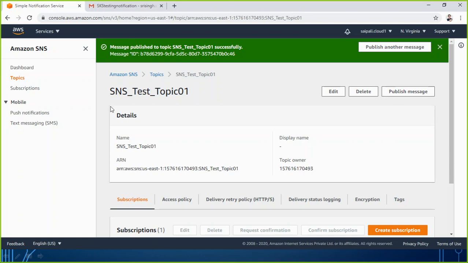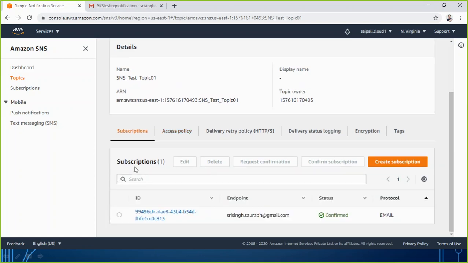The best part of SNS here is, in the subscription you can continue adding multiple people. Like maybe this is very crucial information, maybe any of the instances is getting too much load, or maybe any specific service has failed to operate. So I want to send this notification to maybe the CEO of the company, the managing director, the IT head, and maybe the local person also.